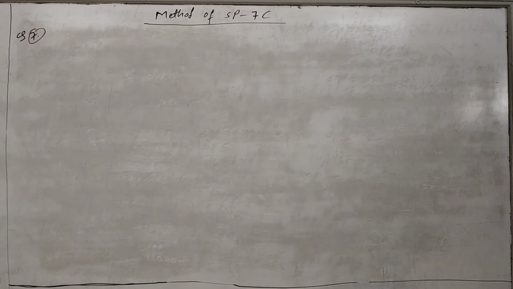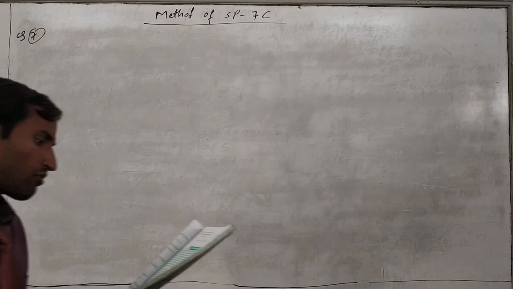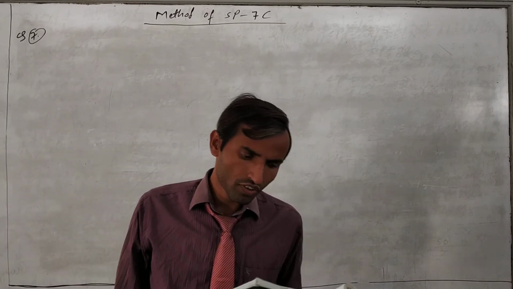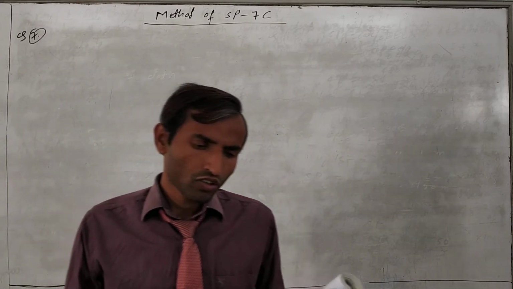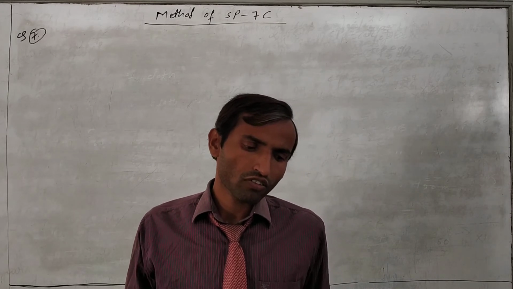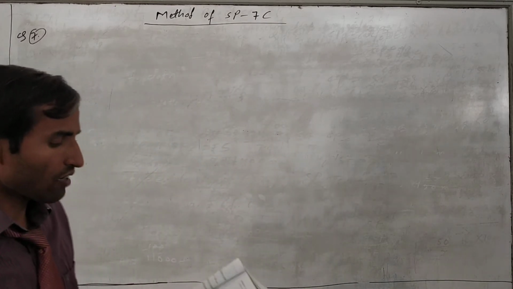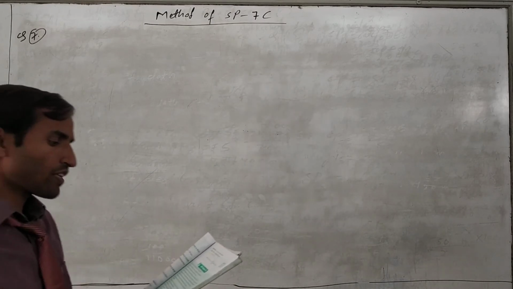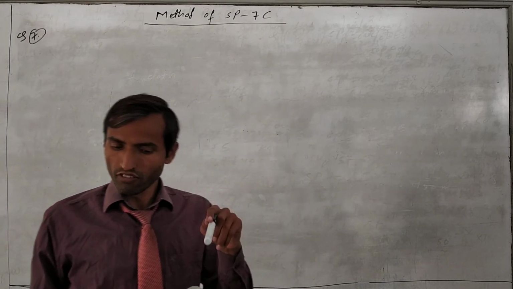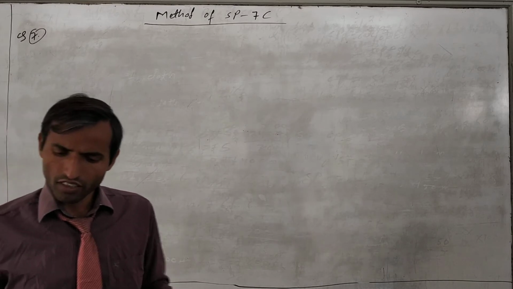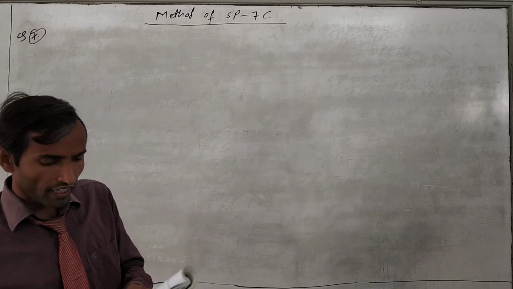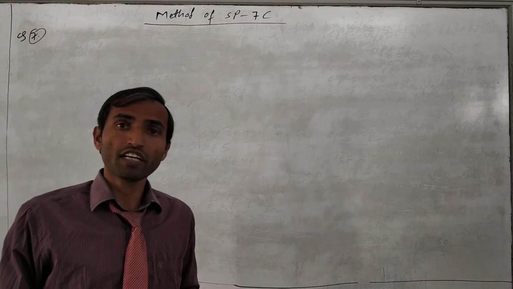So we have to do question number 7. In question number 7, how long will 50 men take to do the same job that 40 men do in 25 days? So we have to find the number of days. They have to do the same job. Whatever 40 men did in 25 days, how much time will 50 men take?